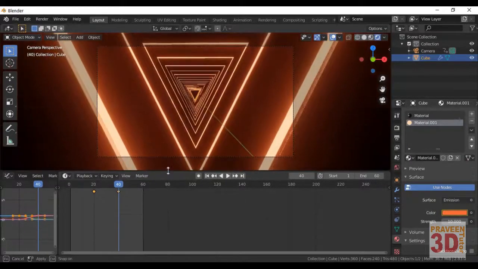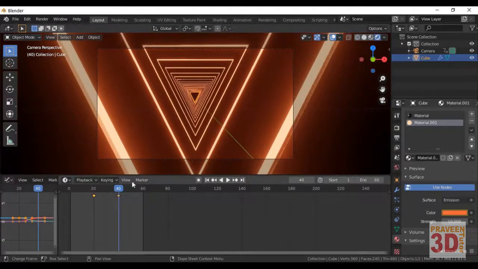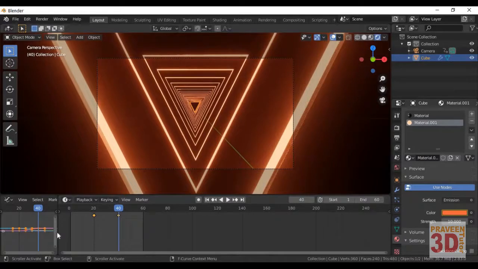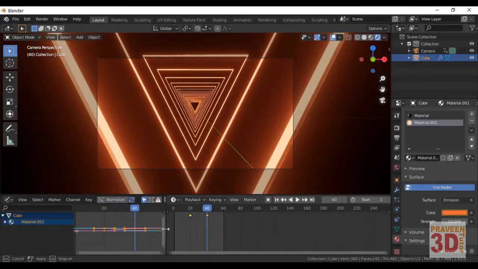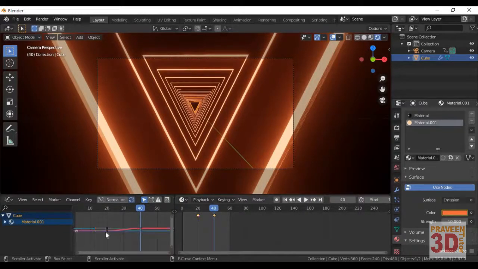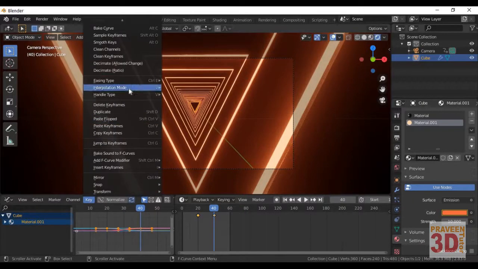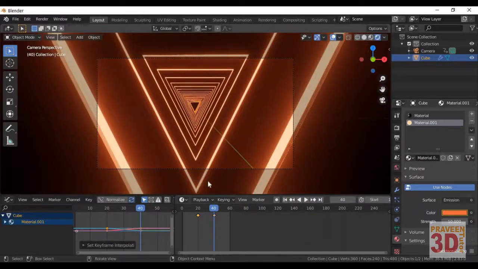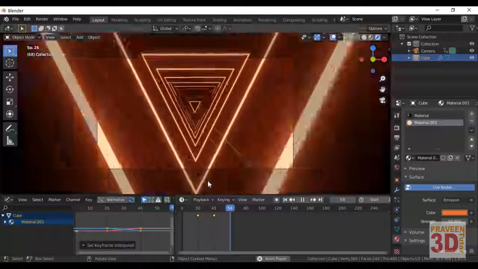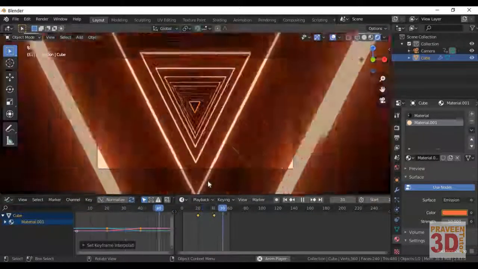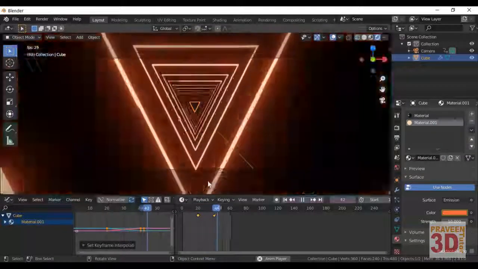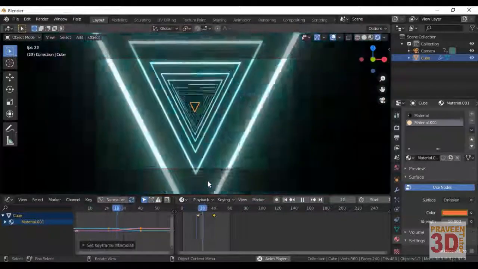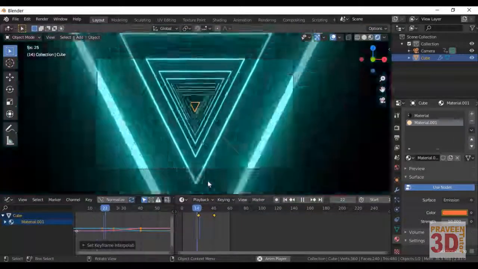So the keyframe is added on the screen. You can see I'll just stretch it out here. As you can see, these are the keyframes, and I think I will make these also linear by going to Keys, interpolation mode, and clicking on Linear, and just play the animation here. So it looks cool, guys. The color is changing from blue to an orangish color.